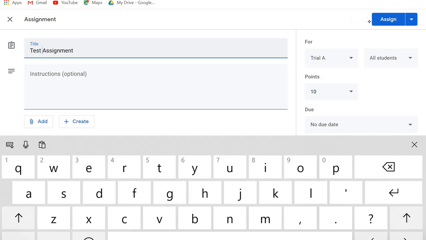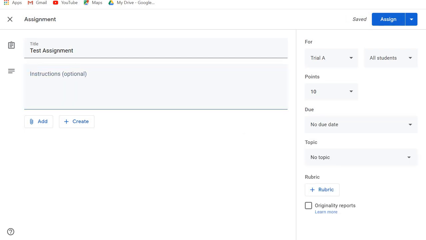So it's test assignment, some basic instructions not required. The moment I attach, here also I have the option, like I can attach something, I can create a doc. So even if suppose I want to create, it can be a doc or a slide, or it can be a sheet, or everything that would be attached to your Google Drive and your Google account.